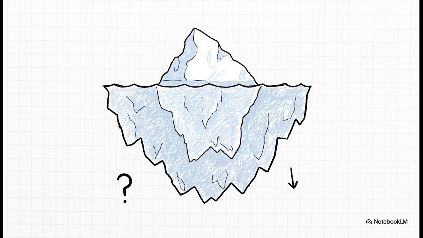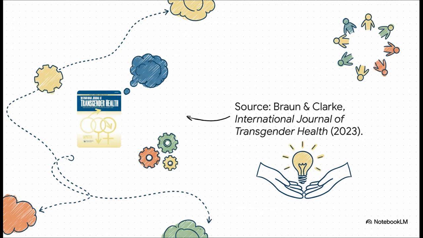A lot of people end up using TA in a really superficial way, kind of just scratching the surface and missing its depth, and that can lead to an analysis that just isn't as strong as it could be. For this explainer, we're leaning on the work of the experts, Virginia Braun and Victoria Clarke. Their 2023 article is really foundational here. And their goal isn't to create a bunch of rigid rule followers. Not at all. It's to help all of us move toward what they call knowing practice.